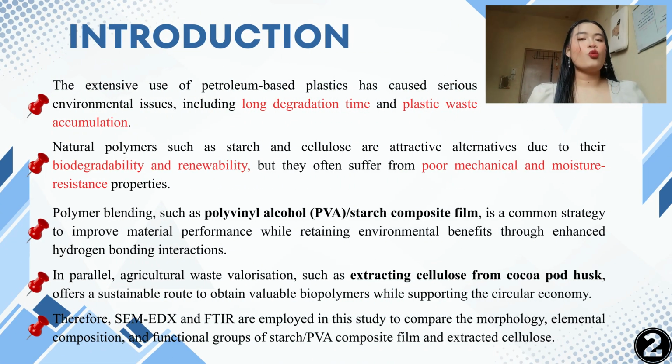Petroleum-based plastics are still widely used, but they cause serious environmental problems, such as long degradation time and plastic waste accumulation. Because of this, natural polymers such as starch and cellulose are gaining attention since they are biodegradable and renewable. However, these materials usually have weaker mechanical properties and are sensitive to moisture. So, polymer blending, such as starch blended with polyvinyl alcohol or PVA, is used to improve material performance through hydrogen